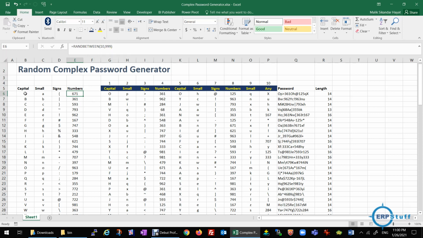Now these four columns are our source columns. On the top right side, this is just a numbering, just to see how many times I took any character, or the length of the password.